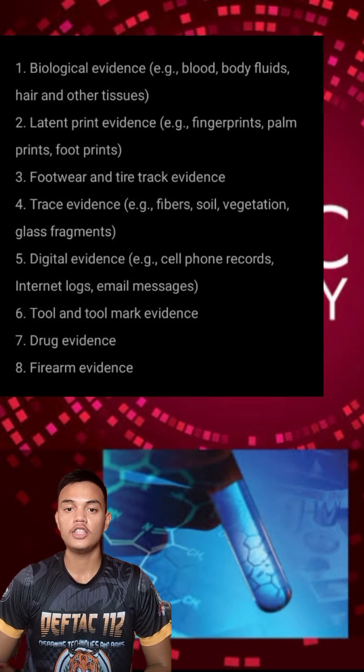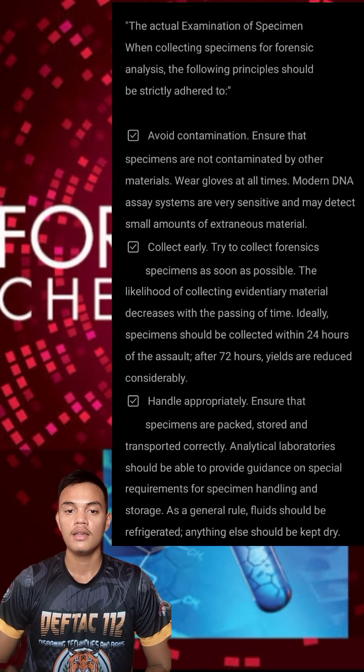Number 5. Digital evidence such as cell phone records, internet logs, email messages. Number 6. Tool and tool mark evidence. Number 7. Drug evidence. Number 8. Firearm evidence. The actual examination of specimen. When collecting specimens for forensic analysis, the following principles should be